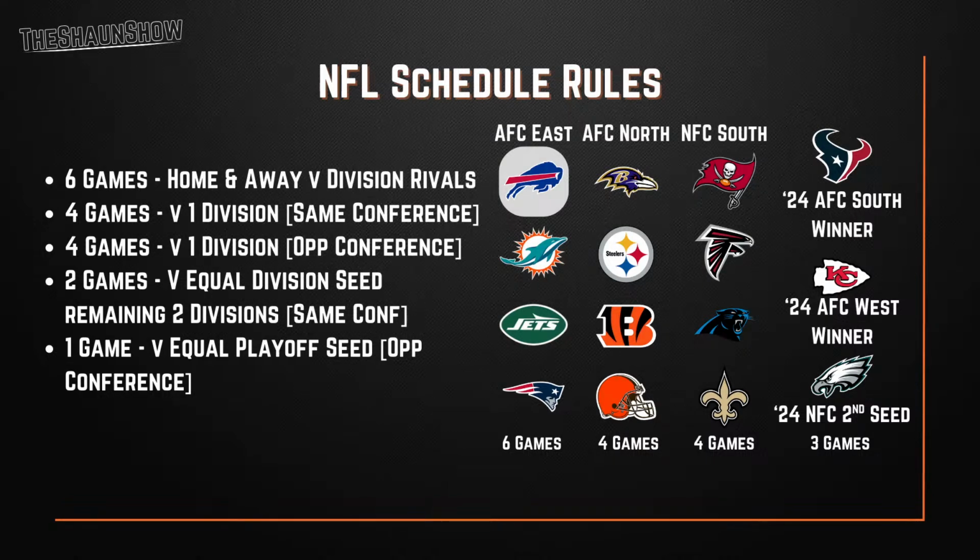Next, each division will also verse another division within their same conference. They will only play 1 game against each opponent, which equals 4 games. In this case, at least this season, the AFC East versus the AFC North. So the Bills, this week, I do believe they play the Ravens. Then eventually throughout the season, they're going to have to verse the Steelers, the Bengals, and the Browns. A total of 4 games.